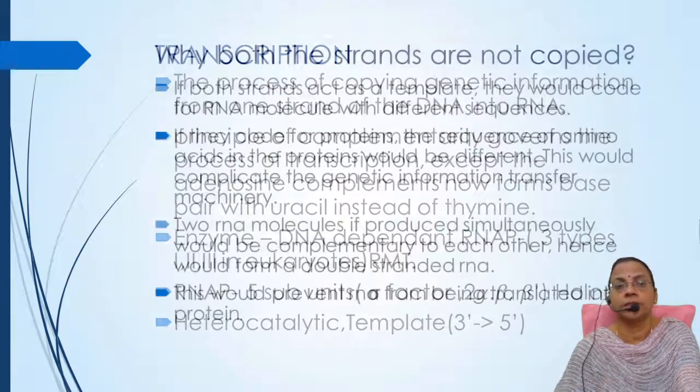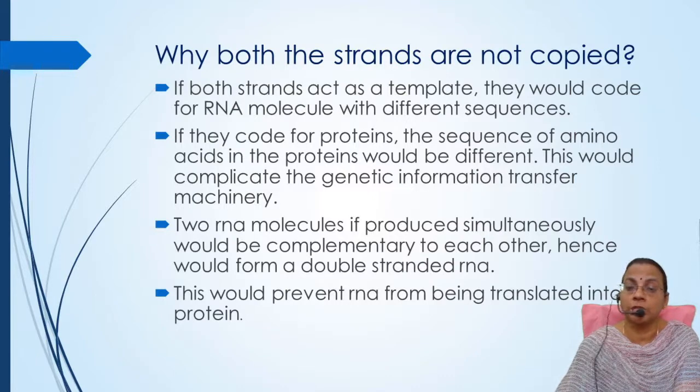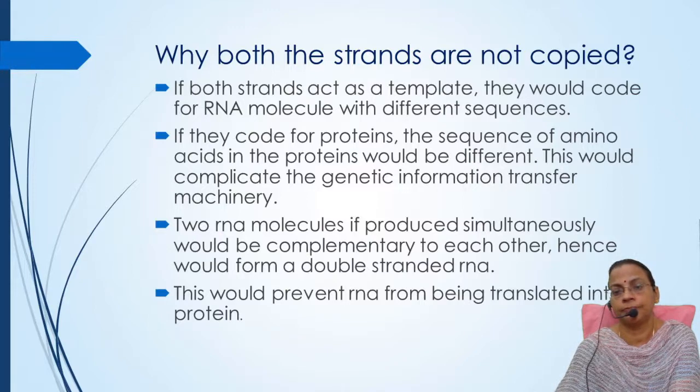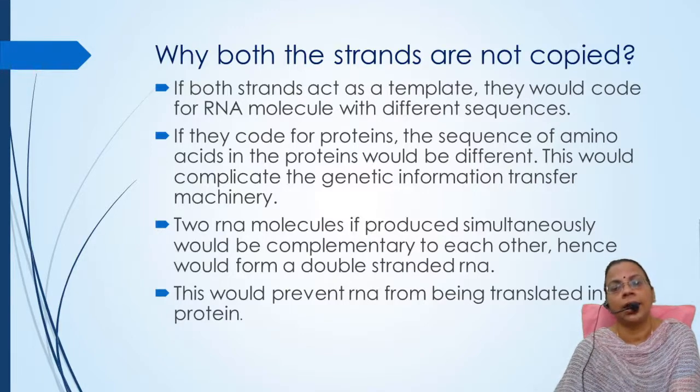Now we'll move on to the next slide. So here the question naturally arises, why are both the strands of the DNA not taking part in the transcription? One of the reasons is that RNA is generally single stranded. So we need only one single-stranded RNA, which can be formed from a single-stranded DNA. If both the strands act as the template, they will code for two RNA molecules, which will show different sequences because both the DNA strands are anti-parallel